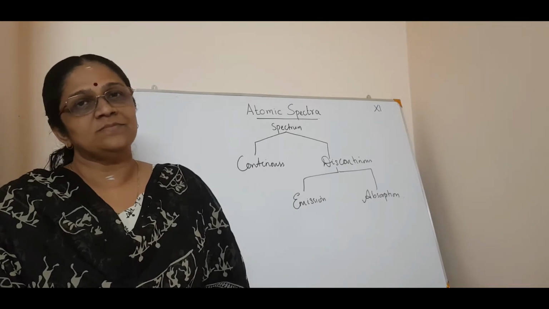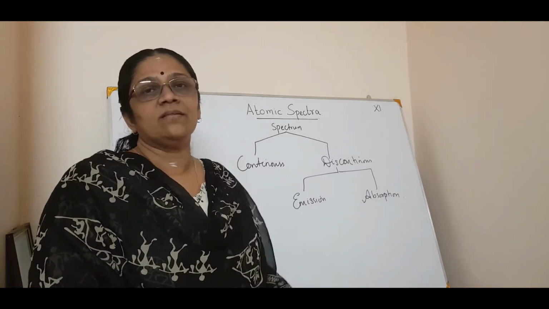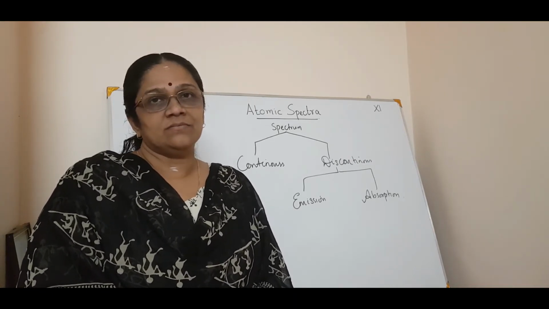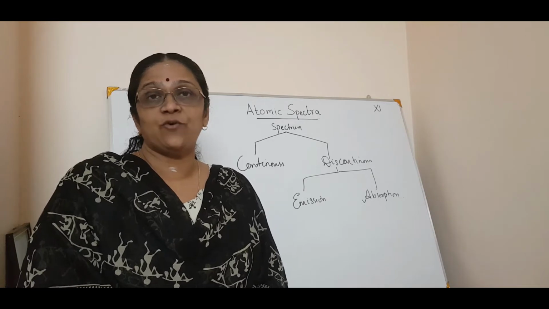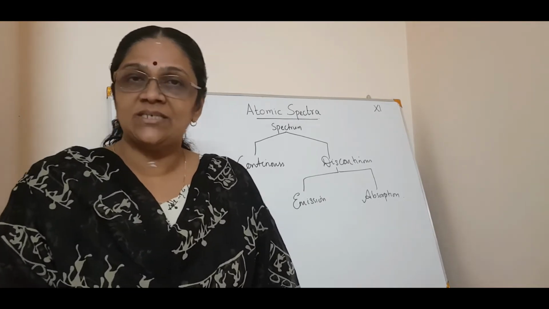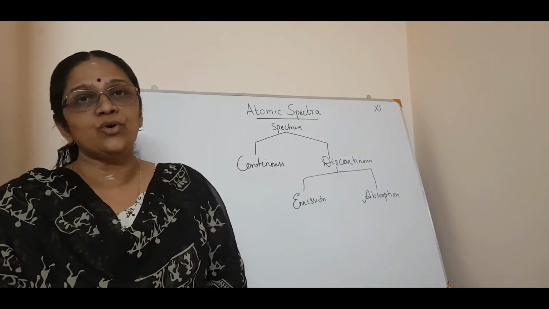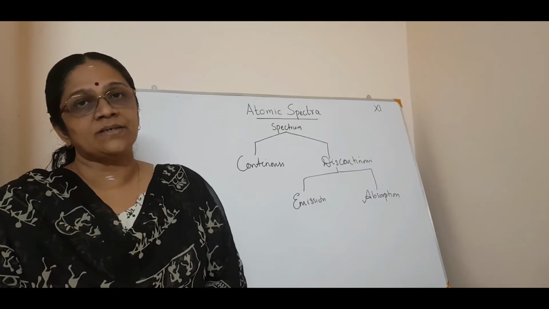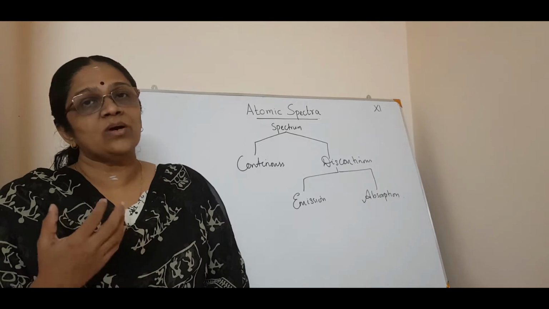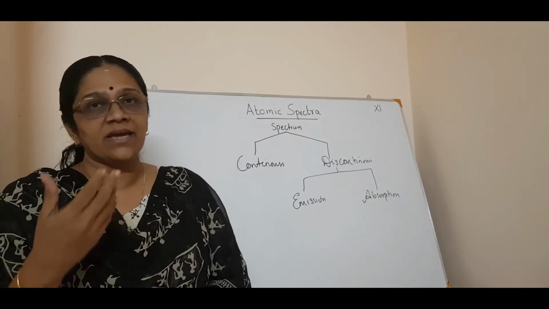So today we will discuss the remaining topic, that is the particle nature. Two things we have discussed, that is photoelectric effect and black body radiation. Specific heat capacity of solids is not in your textbook syllabus. Now we are moving on to the detailed part of the atomic spectrum. We will see what the atomic spectrum is, mainly for the hydrogen atom and hydrogen-like species.